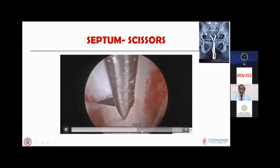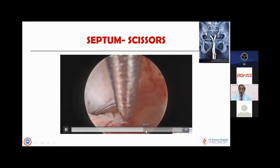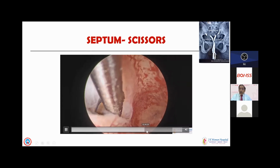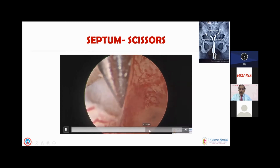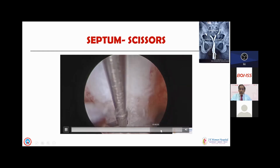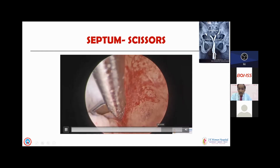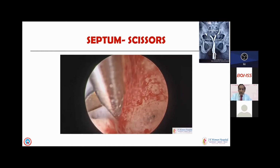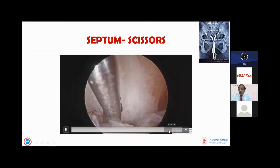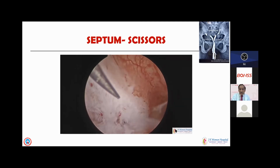Though occasionally you may get a little bit of bleeders, do not bother about them. Continue your incision up to the end point where you will remain just below the tubal ostia. You can see as we still go ahead, we can do a good job without bothering about the bleeding or the damage to the endometrium. And you can very beautifully see that this beautiful fibrotic septum is being cut with efficient scissors, and one must